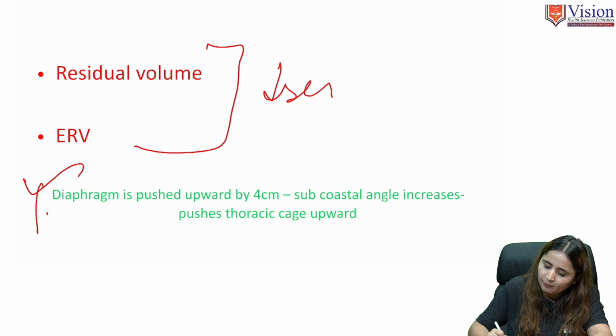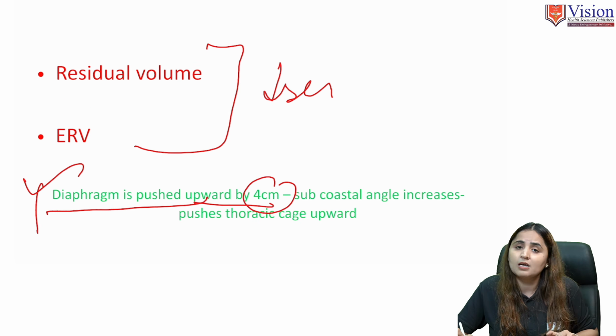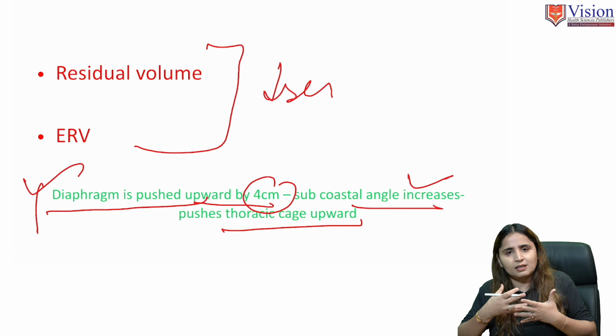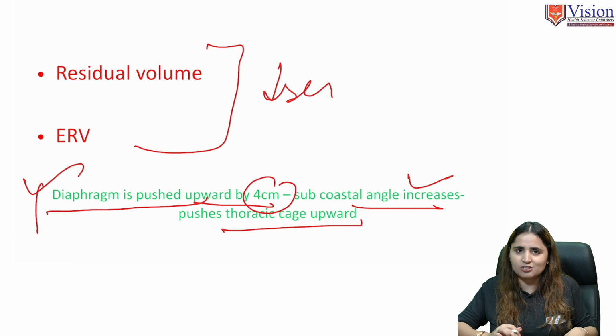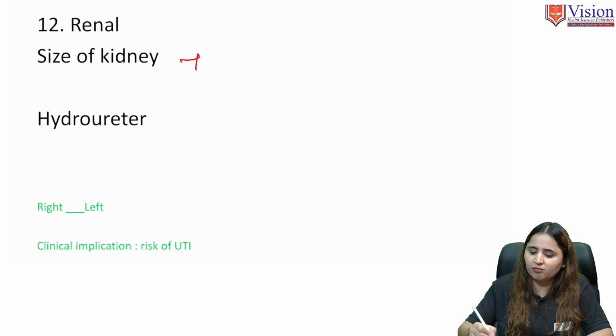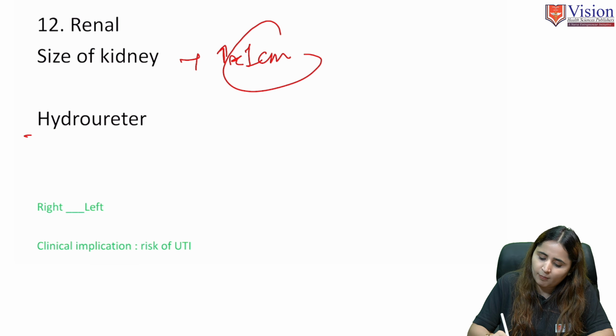And remember, in pregnancy the diaphragm is pushed upward by 4 centimeters, the subcostal angle increases, which pushes the thoracic cage upward. So these are the changes in the respiratory system, and further, the size of the kidney. The size of the kidney increases by 1 centimeter. And remember, there is a